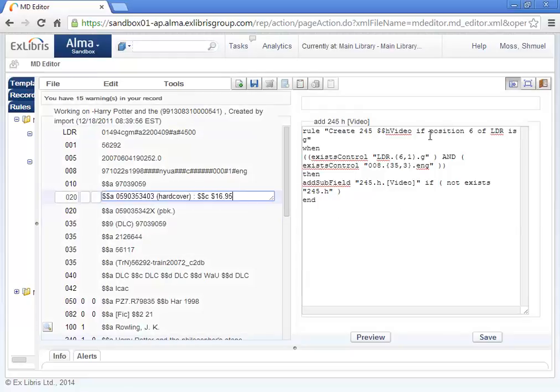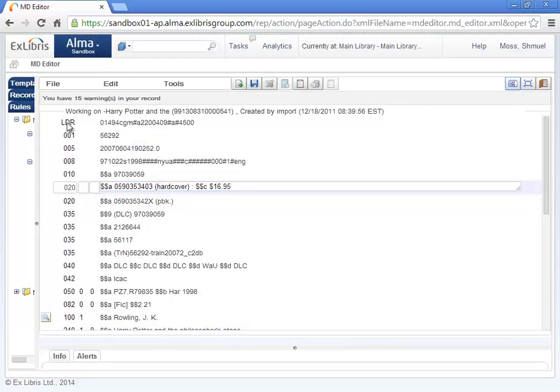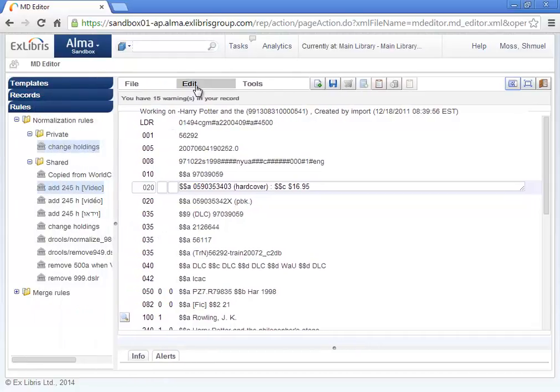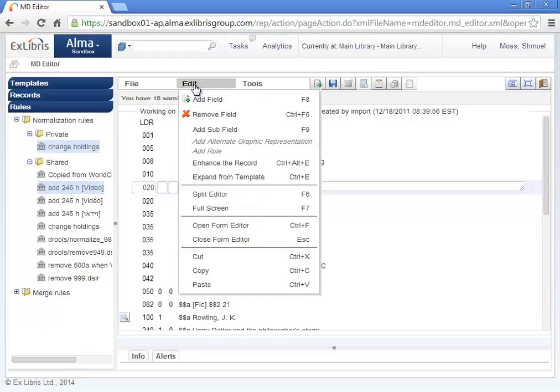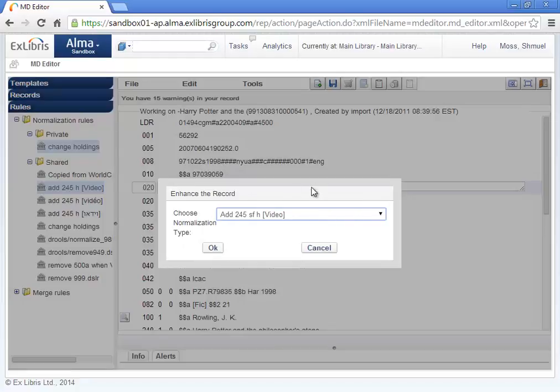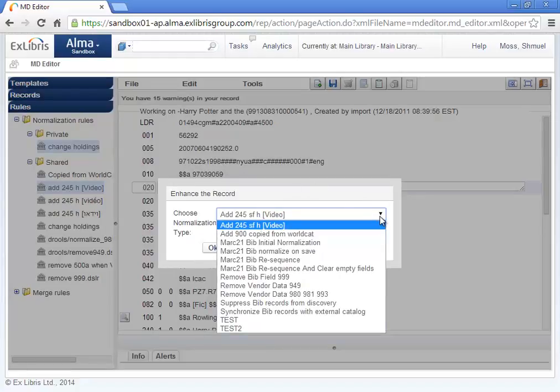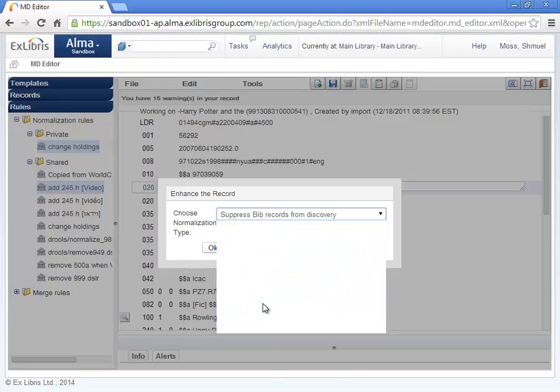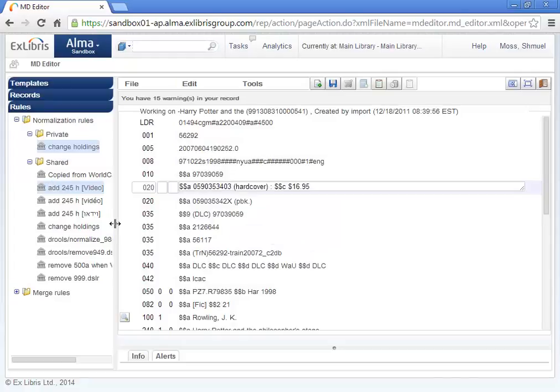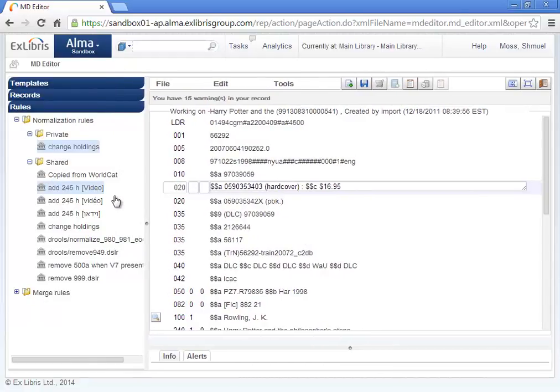Rather, for normalization rules that have already been saved as processes, you can select from the Edit menu under the Enhance the Record link any of the normalization rules that have been saved as processes and apply them to the open bibliographic record. The normalization rules that we see here are currently not saved as processes,